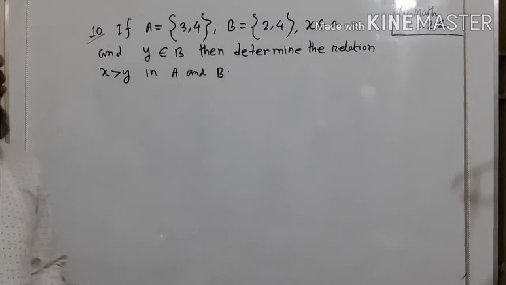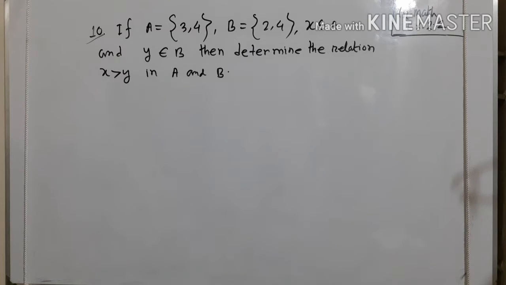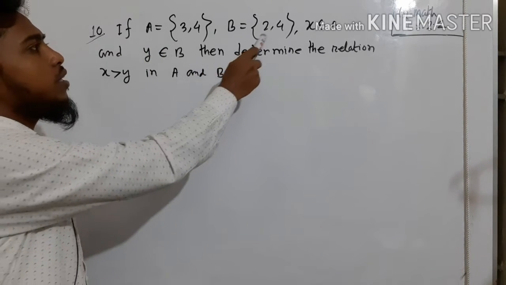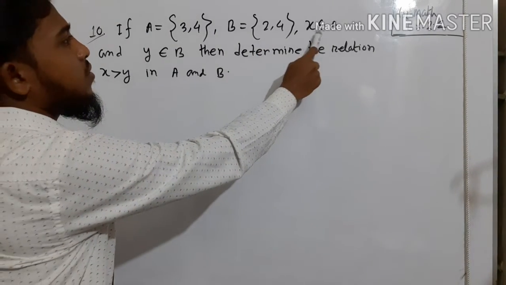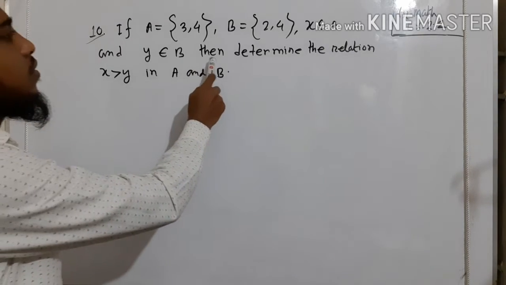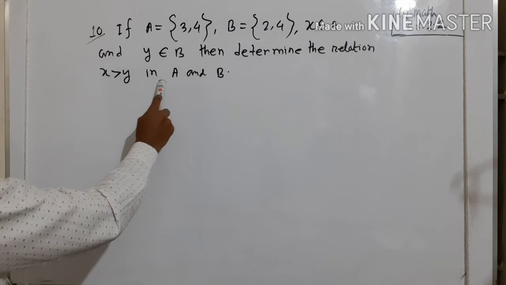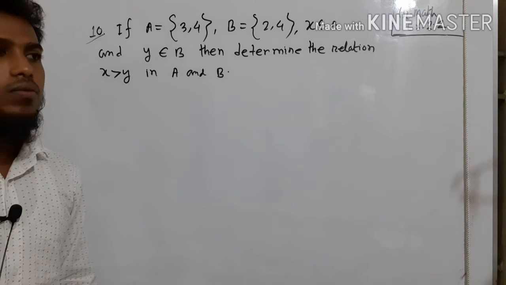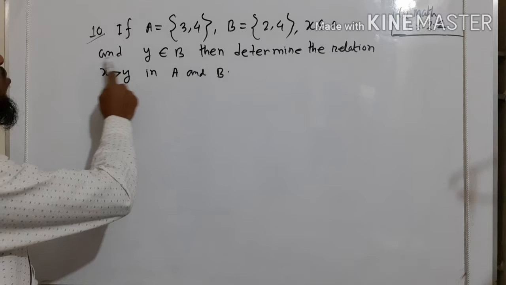My dear student, this is problem 10 of your book. Problem: if A equal to {3, 4}, B equal to {2, 4} and x is in A and y is in B, then determine the relation x is greater than y in the sets A and B. To determine the required relation from this condition,